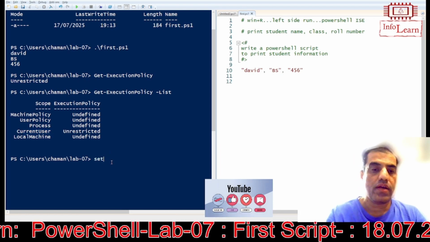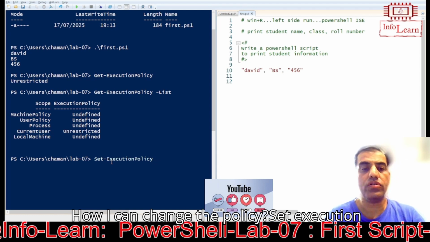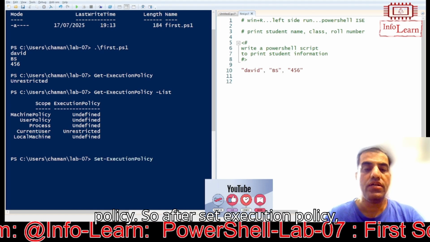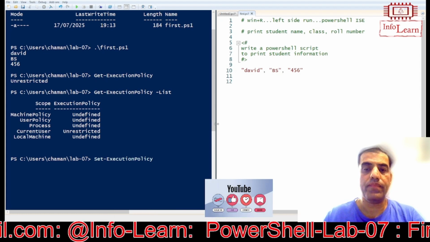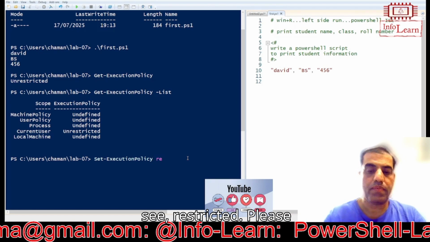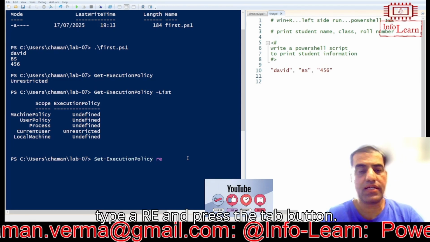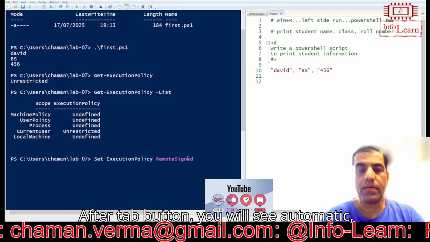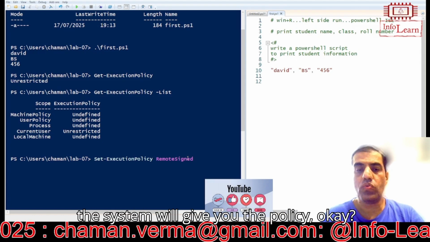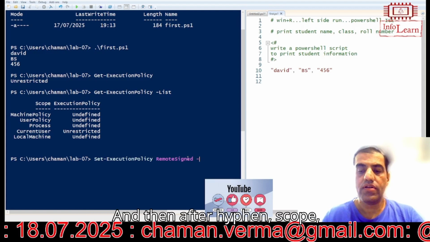Now I want to change my policy. How can I change the policy? With Set-ExecutionPolicy. After that, let's say RemoteSigned: please type RE and press the Tab button. After Tab, the system will automatically give you the policy name. Then, after the hyphen,